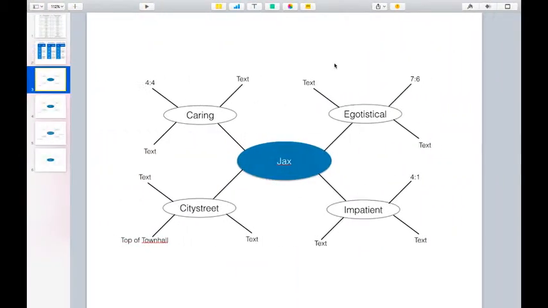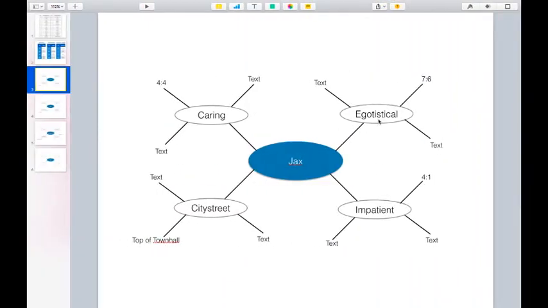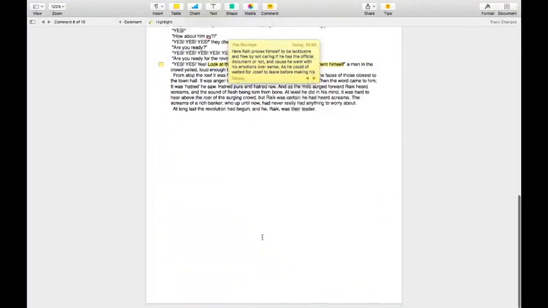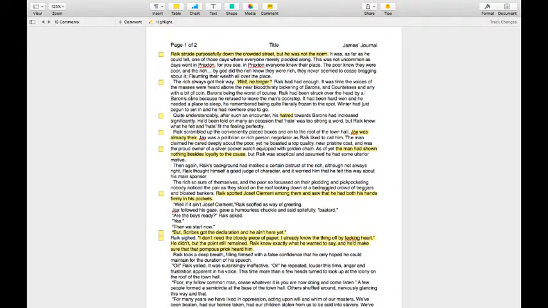And then if you go to 7-6, so 1, 2, 3, 4, 5, 6, 7, 1, 2, 3, 4, 5, 6. Jax is egotistical and wants this political stunt to be done right, despite the fact that he's impatient. So each of the highlighted bits corresponds, and they're the places in which the characteristics are pointed out, so to speak.